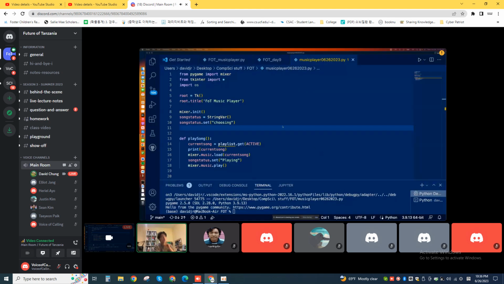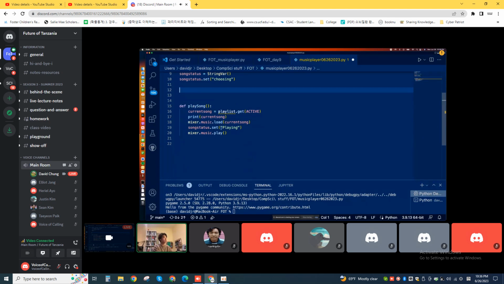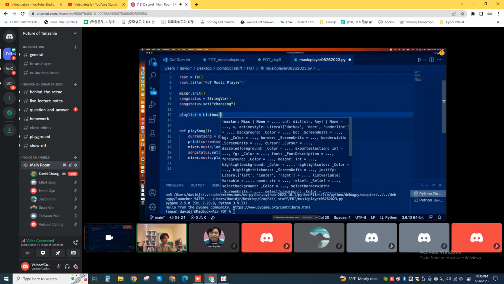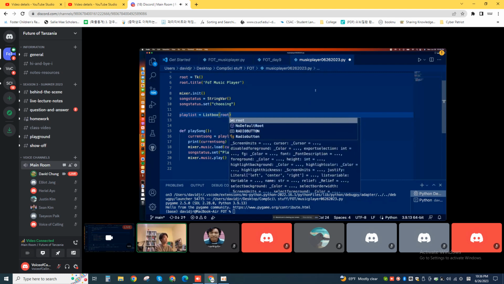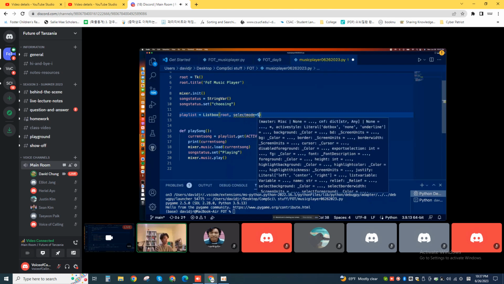So we also need to declare what the playlist is, since we didn't do that before. For this one, you can just follow along. Inside of the Tkinter window, we're just going to make a little box. It's called a listbox, and it's going to be inside of the root, which is the Tk window we made. Select mode, single,